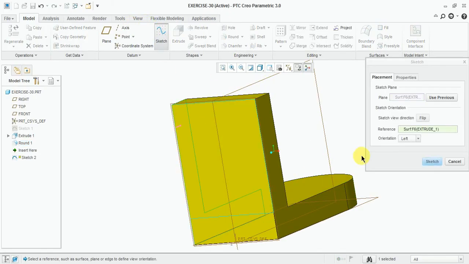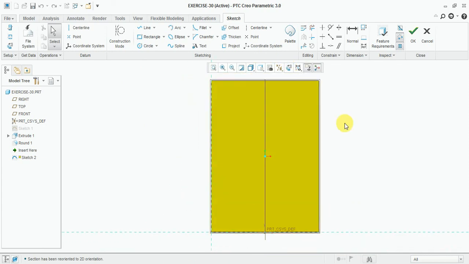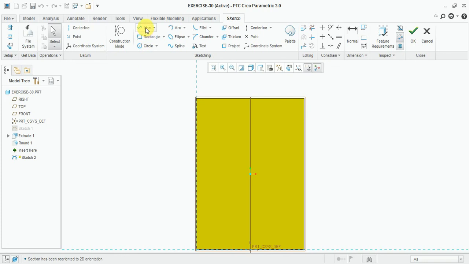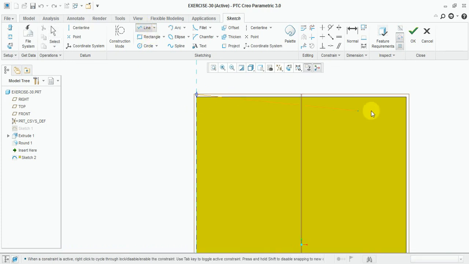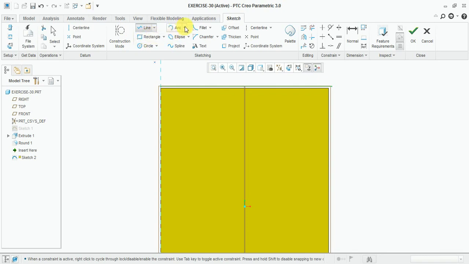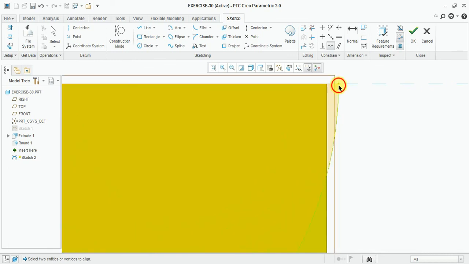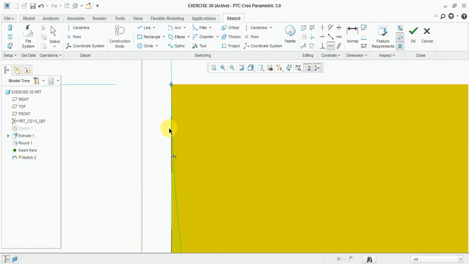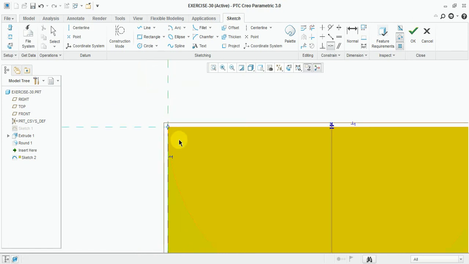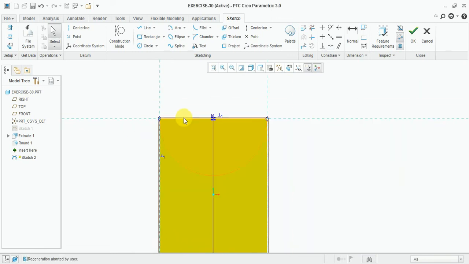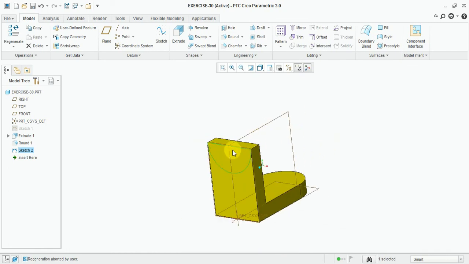Select sketch, select this one, OK. Select line, select the arc, center point, coincide this edge, OK. Now extrude this one,